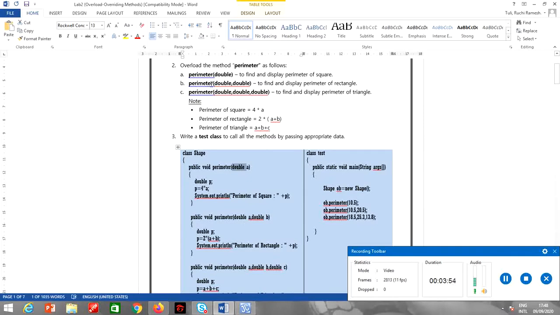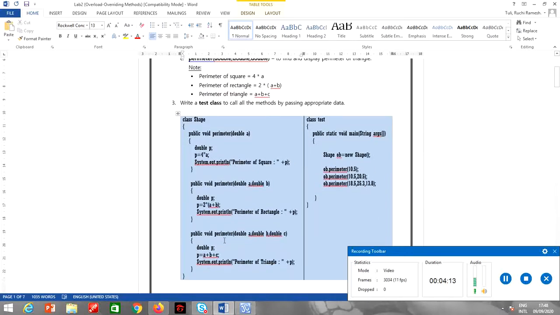The second perimeter method should take two parameters. So I have passed two parameters of type double and it calculates the perimeter of a rectangle. The third perimeter method should take three parameters of type double and calculate the perimeter of a triangle.